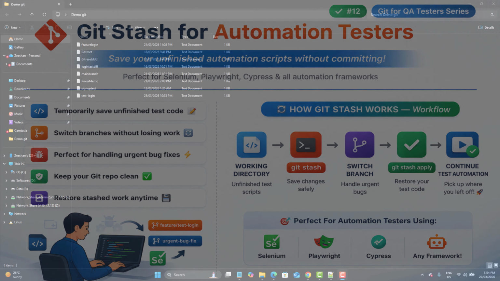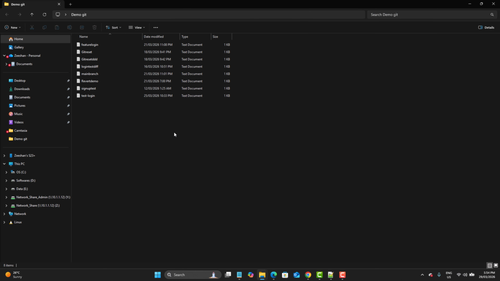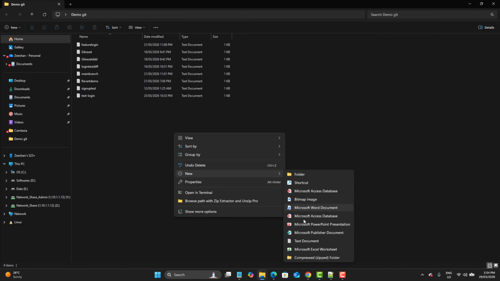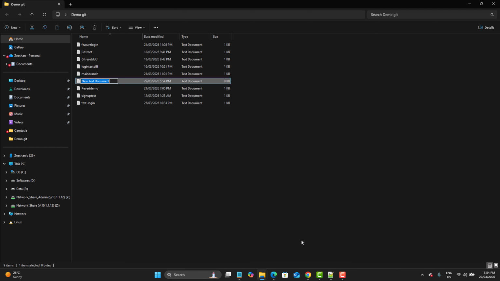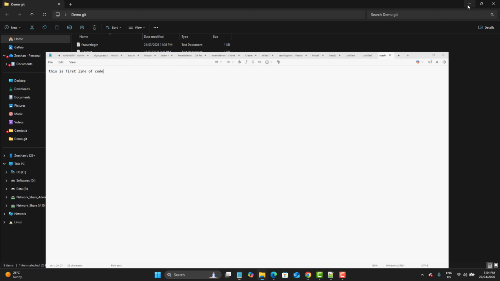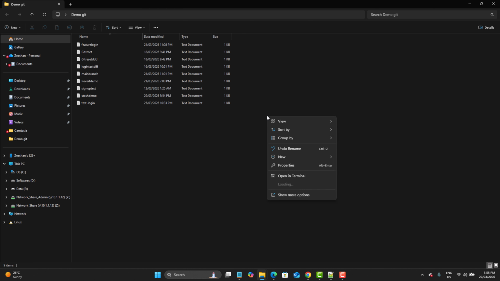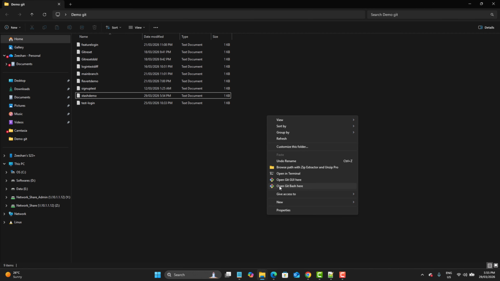So let's begin. First, let's create a file here in this particular folder. So right click, go to new, go to text document. I'm naming it stash demo and open this file, and I'll say this is first line of code. Save this file and then come back here, right click, go to show more options, open git bash here,